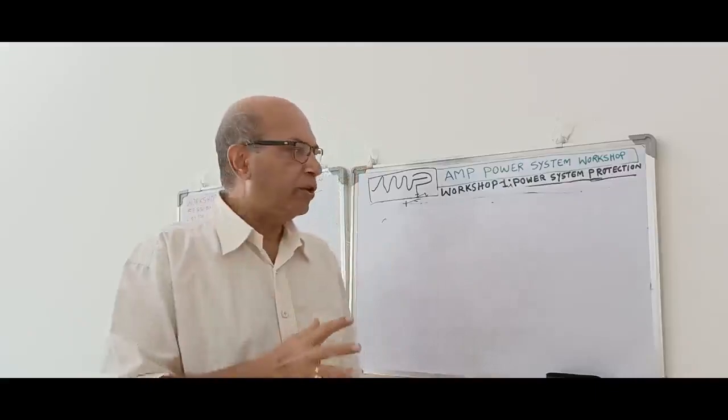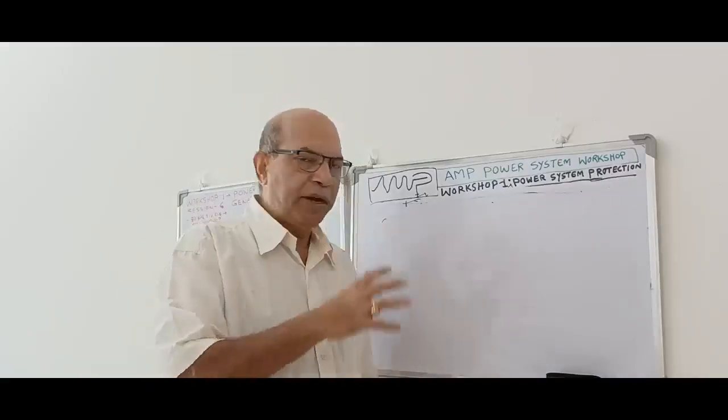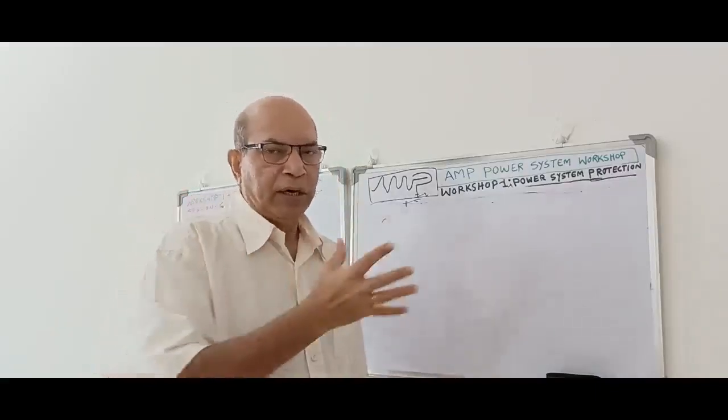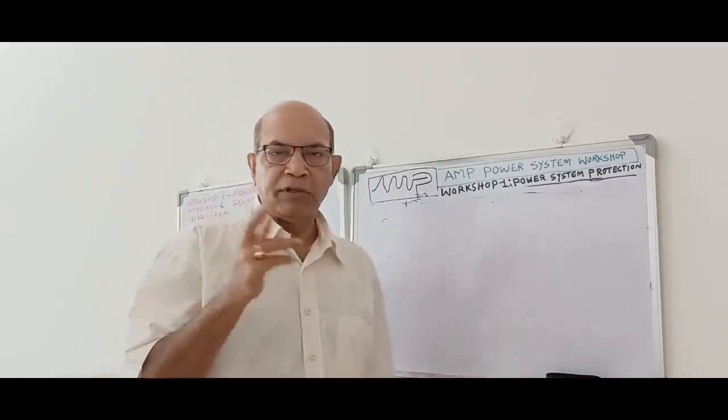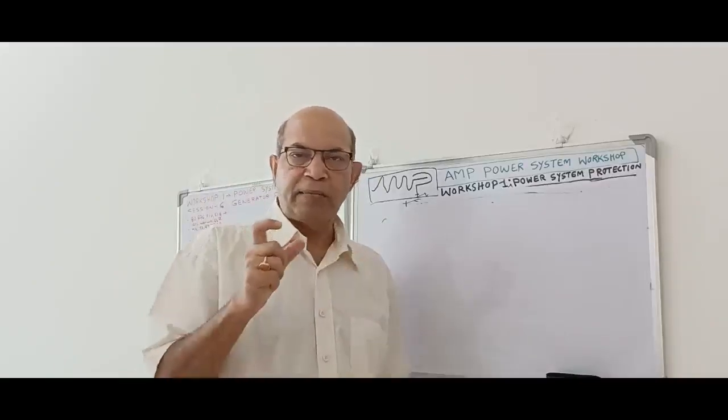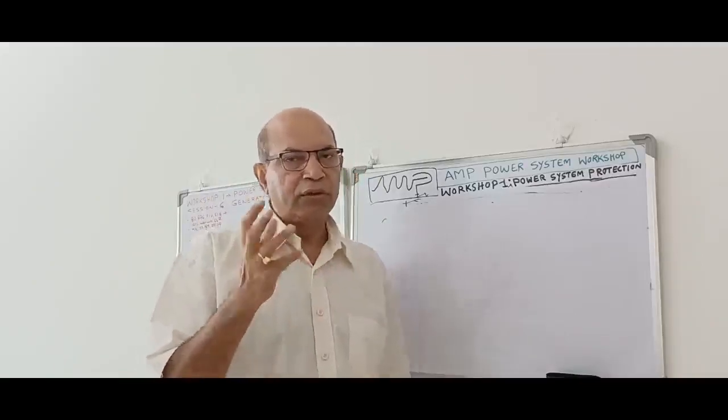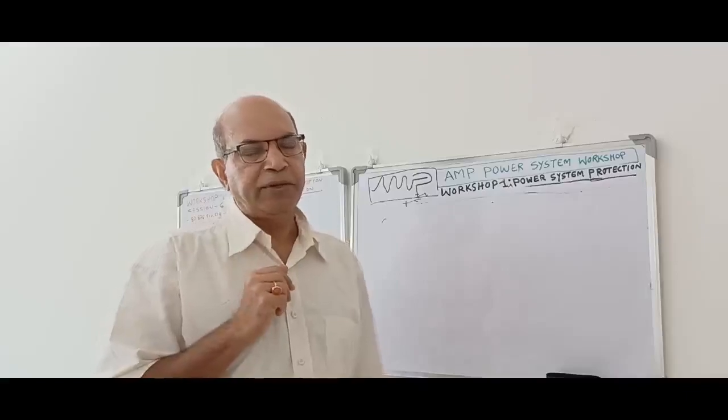So this vibration monitoring system is also important for maintaining the output power of the generator, so that it can capture whether the machine is in proper alignment or not. Now, there are two types of vibration: one is axial vibration and another is radial vibration. So that vibration is captured by these vibration sensors.